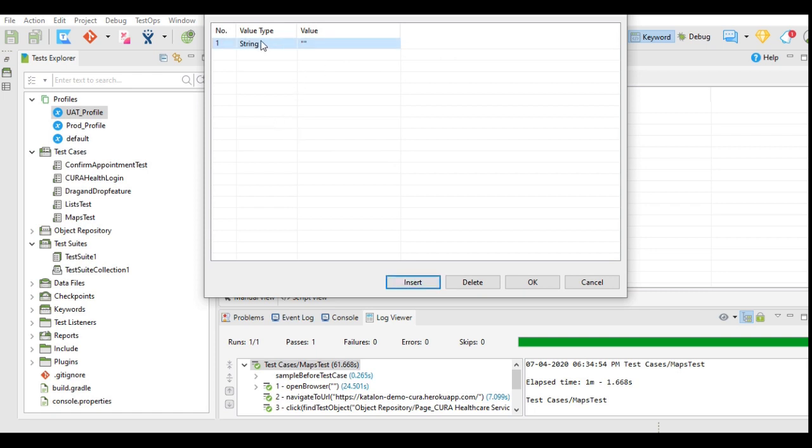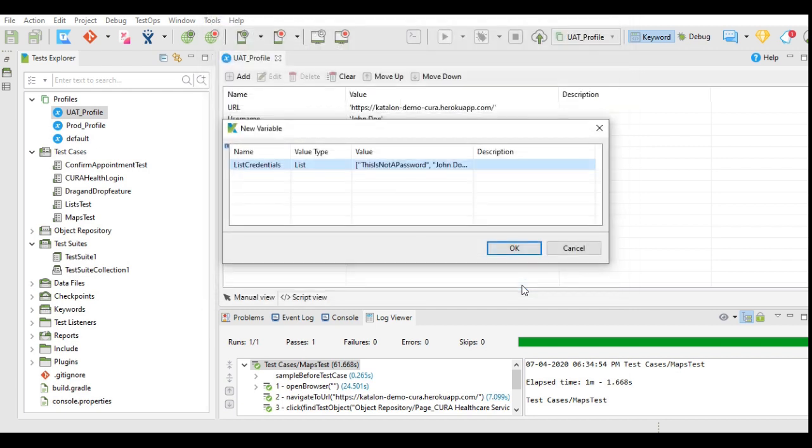Here there is no key-value pair. Here only a value is there. The value type we will select as string because we want to enter a string value. I will enter the value as username, that is John. Now here we will enter direct values because there is no key-value pair. And I will insert one more value, that is password, and I will save this.